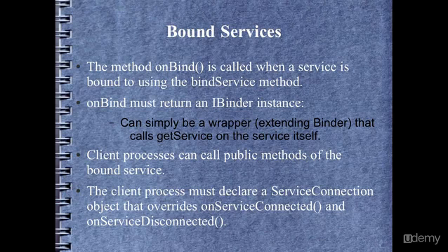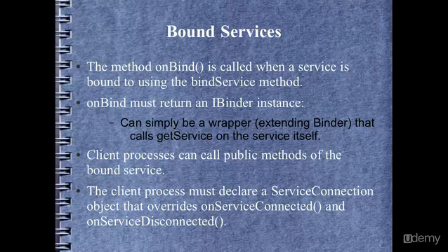From the client, we call the bindService method. In the service, we use the onBind lifecycle method. So the client process must declare a service connection that calls onServiceConnected and onServiceDisconnected to check and see if that bound service is bound. And if it's bound, then we can call the public methods within the service. But if it's not bound, we don't want to even try to call those methods because we'll get a runtime error. So usually we keep a Boolean property that declares whether the service is bound or not bound at a